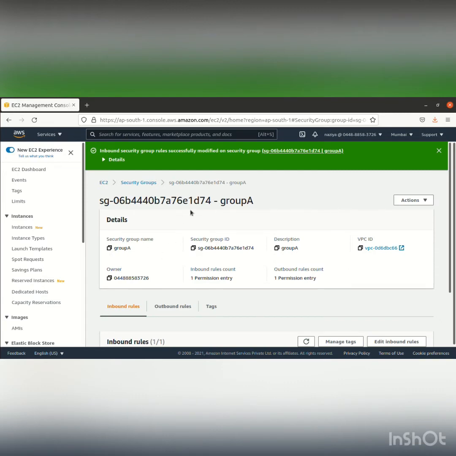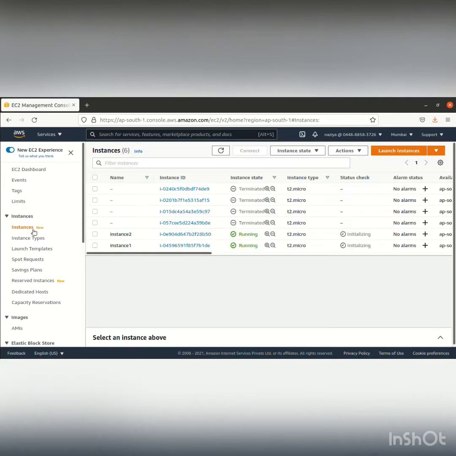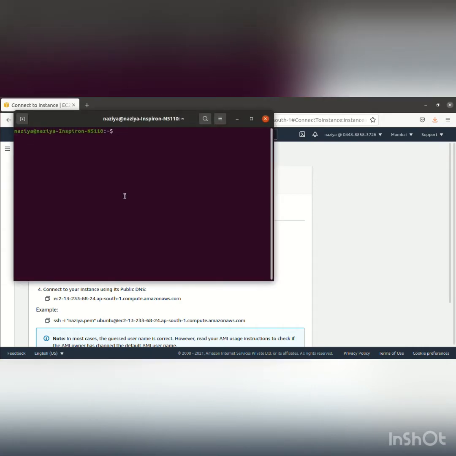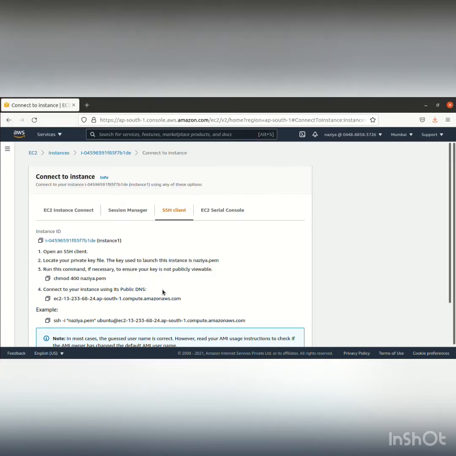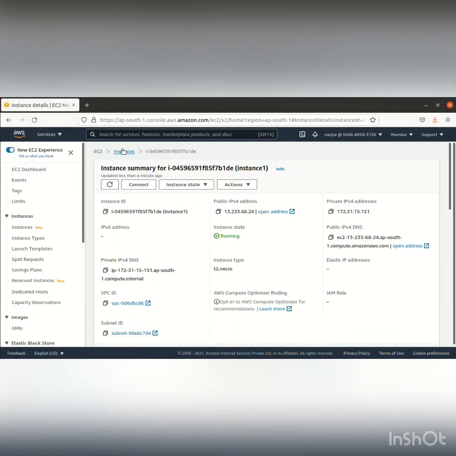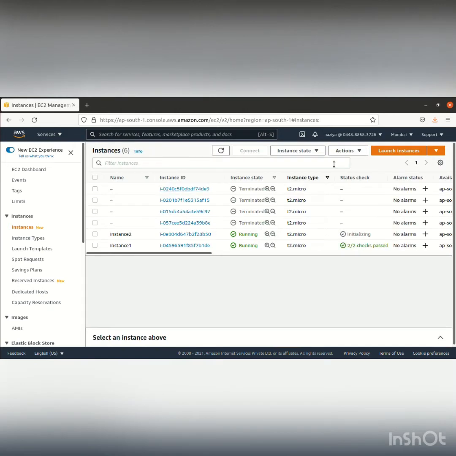Now we'll go to these instances. We have instance 1 and instance 2, which we'll first connect. Okay, before that, we can go to the terminal and get into the directory, but let's go back and first go to these instances.